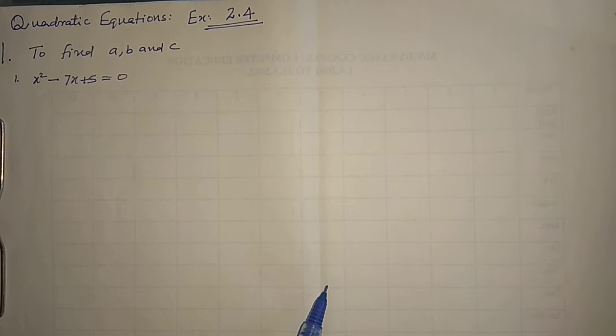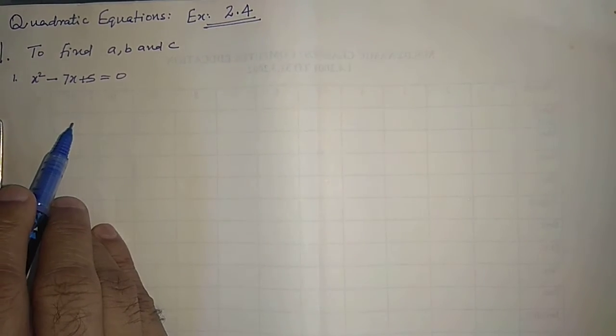If b square minus 4ac is positive, roots are real and distinct, different roots, two roots we are getting. If that is negative, roots are not real, meaning imaginary, not existing in the real field. If it is neither positive nor negative but zero, then roots are real and coincident, meaning real and equal. Those things we said and we stopped yesterday.